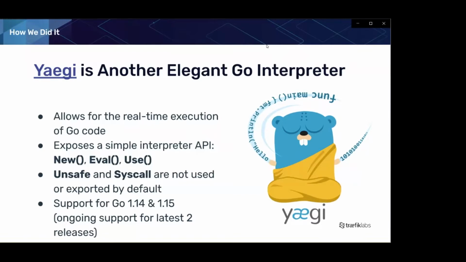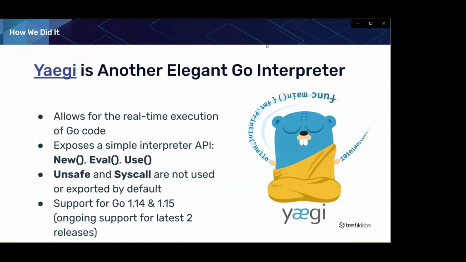So the team settled on using an internal project called Yaegi, which is capable of running native Go code in an interpreted fashion. This translates into the ability for users to provide Go code in a manner in which they might deliver Python or PHP code to an interpreter, which then executes the code in a, quote, virtual machine. Now, the way Yaegi operates is it exposes a simple API that can be used by Traefik internals to pass the request handlers to a user-provided package, and that would be the plugin, and that is then interpreted to provide